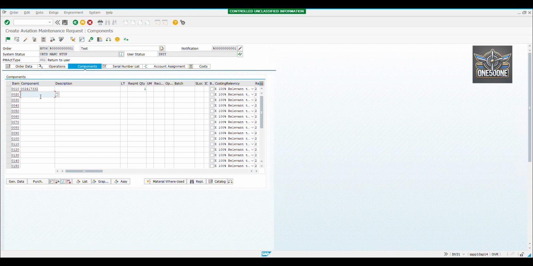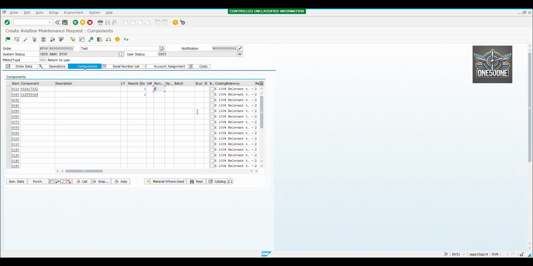Some important things that aren't required for every order, but they could be important for certain orders, is this recipient block here. What you can use it for is you can put advice codes in here. So if I wanted a 2 Bravo advice code to be applied to the order, I would put it in this goods recipient block. If you don't need to put an advice code, you can leave it blank,